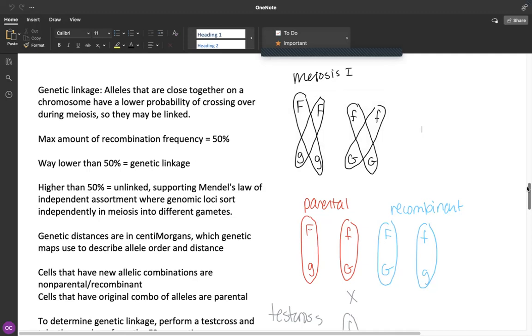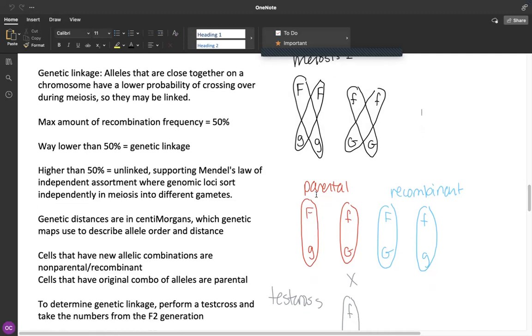So it's important to draw the parental and the recombinant gametes, which I've done here. So the parental gametes, you can see nothing about the alleles has changed. They had originally a big F and a little g together on the same chromosome, or on the same chromatid if you would like. On the other one, they have a little f and a big G, so they would be heterozygous for both of those